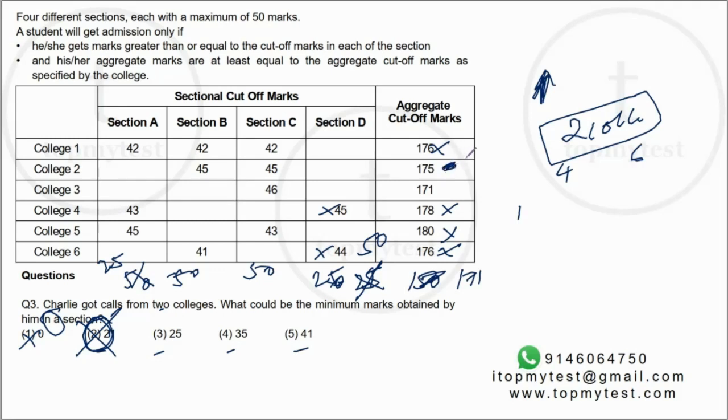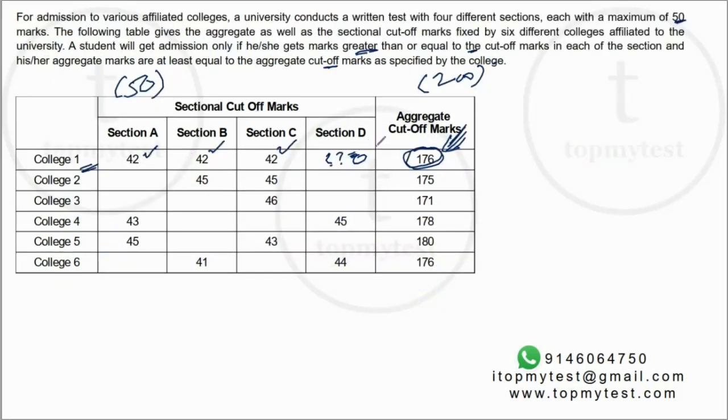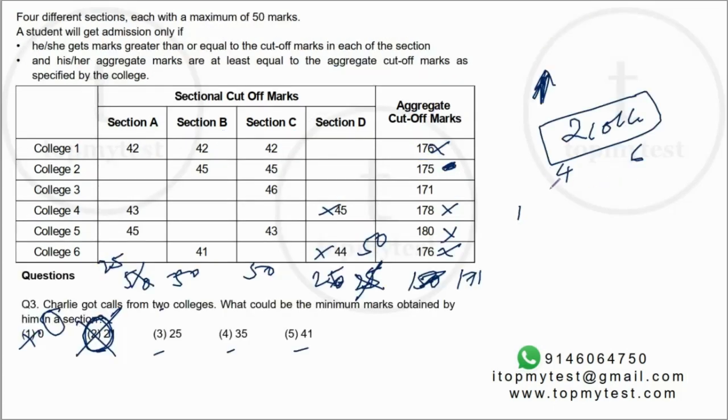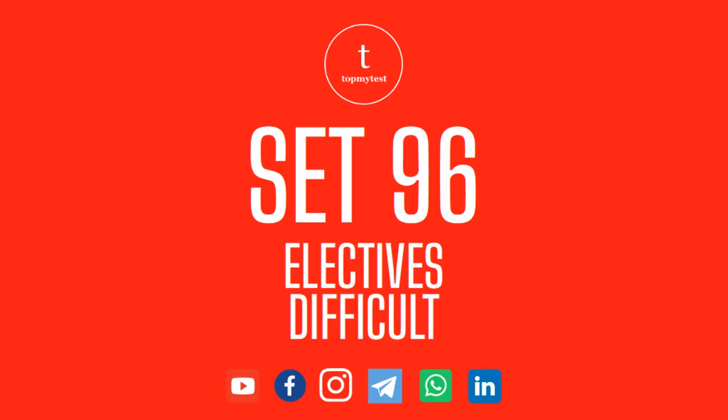Right? Anything lower than 175 is not going to be able to get you 2 calls. It's a very interesting question. Not difficult. It's a moderate level difficult question. In an exam situation, if you get the initial part, which was basically the 2 parts, that this is not a missing part and you have to clear all the individual cutoff and the overall cutoff, you will probably take about 7 to 8 minutes to solve this question, not more than.